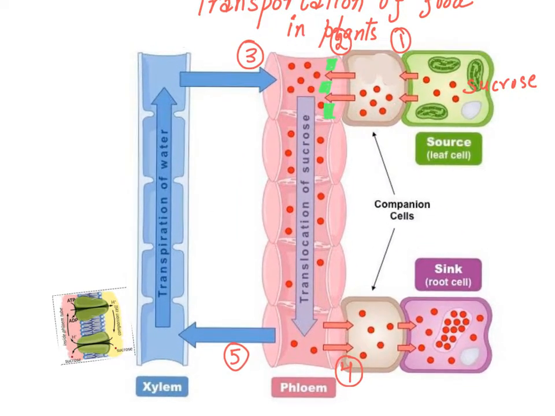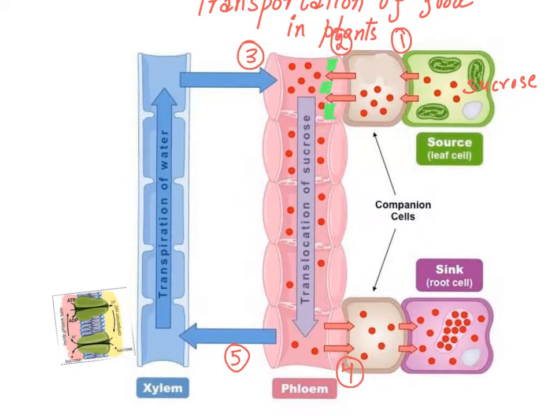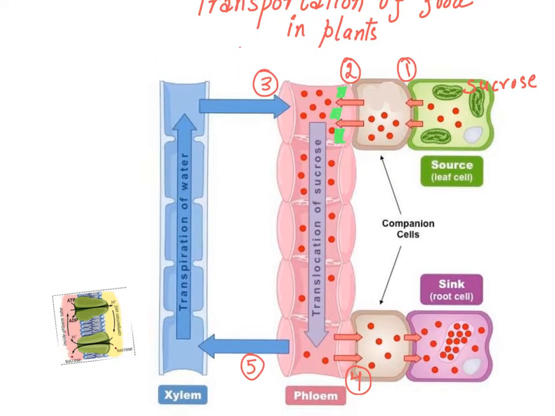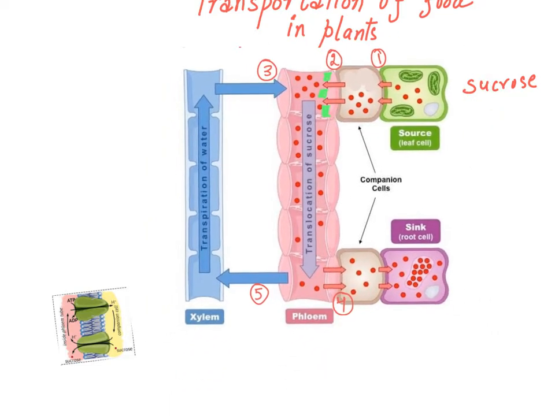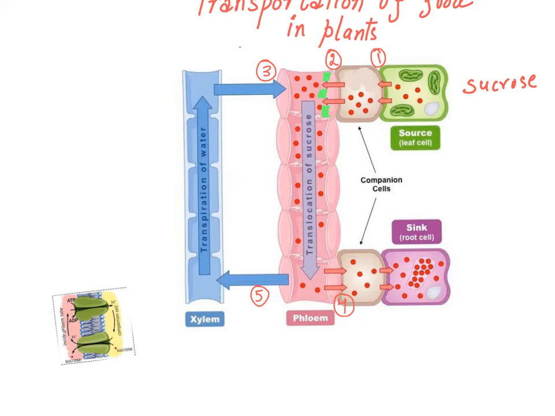After the concentration becomes equal on both sides. Initially it is not active. Initially it will be passive. When sucrose is more in the companion cell and less in the phloem cell, at that time energy is not needed. It is needed later when the concentration becomes equal. Then we need to spend ATP to move most of the sucrose into phloem. So this is active transport. That's how transportation of food is done in plants. Translocation of food is done in plants.